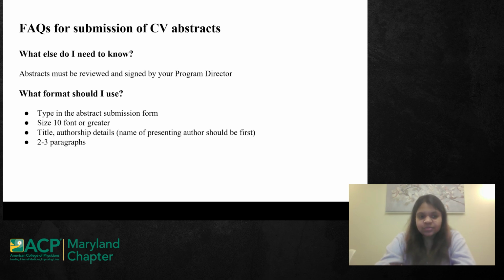And what format should you be using? We'll show you some examples of what the abstract submission form looks like. It's essentially a box within which you fit all the contents in. That doesn't mean that, if you have a lot of words, you're trying to squeeze everything in. So it has to be legible enough for people to read, and also, again, very concise. So try to keep your font 10 or greater, and use font styles that are most commonly used, like Arial and Times New Roman, which are generally preferred. And you start with your title, you write your authorship details as well, and then each content section ends up being really short